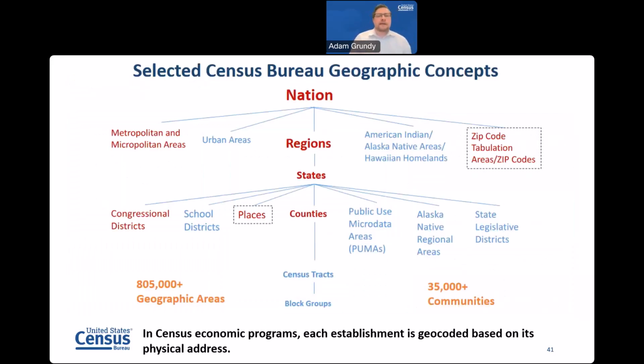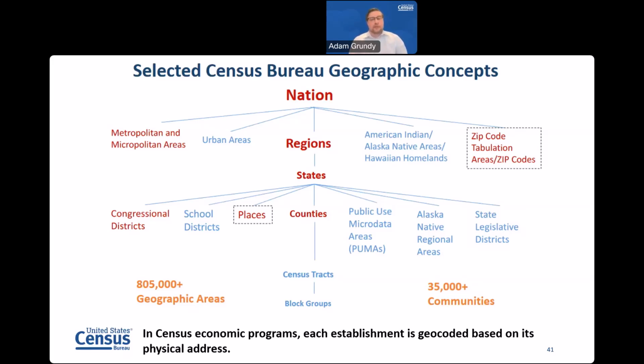Before I do that, it's important to look at the Census Bureau geographic concepts and see how that goes a long way in finding the data that you're looking for in order to make a data-driven business plan. So almost all of our surveys and programs go down to the national level, or the whole United States. And then we see a couple different ones that we have on certain surveys and programs, such as states, counties, congressional districts. Like I mentioned before, County Business Patterns gives you the congressional district level, which allows the data tool, My Congressional District, to get its real power. We also see